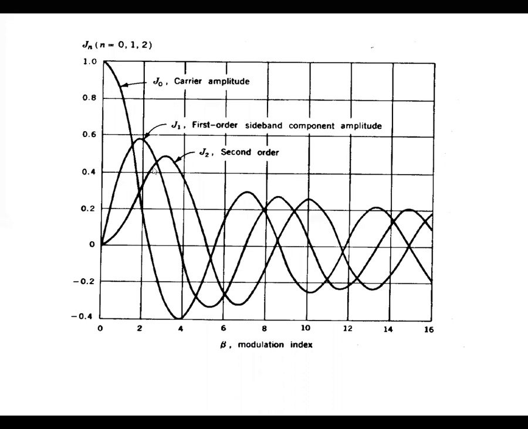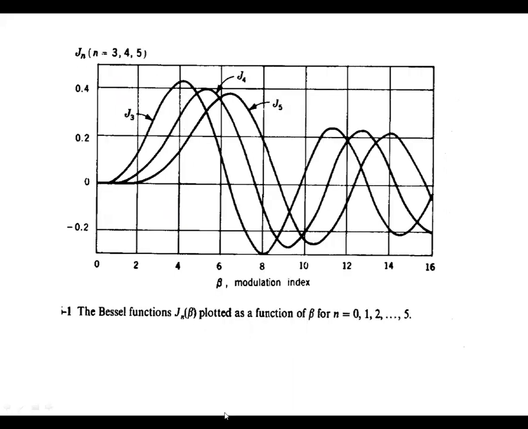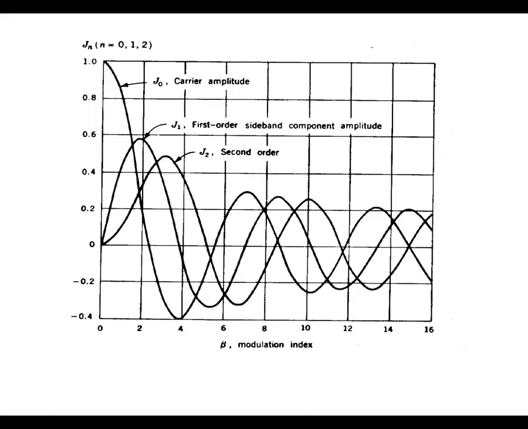So magnitude ekkada maximum undi, J0 దగ్గర maximum ఉంది, J1 దగ్గర reduce అయింది, J2 దగ్గర ఇంకా reduce అయింది, J3 దగ్గర further reduction, J4 దగ్గర further reduction, likewise. అంటే beta value increase అయిన కొద్ది J terms magnitude reduce అవుతా ఉందన్నమాట. That is the harmonic concept. So in general harmonics are also like that, no?